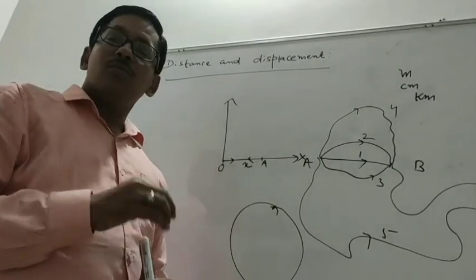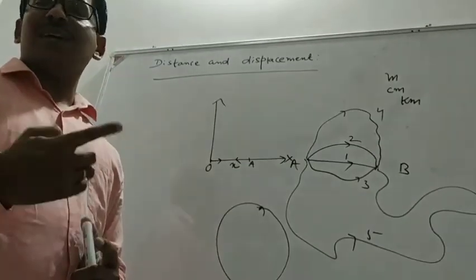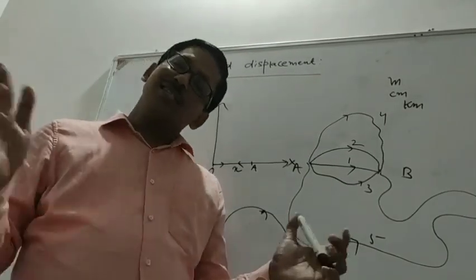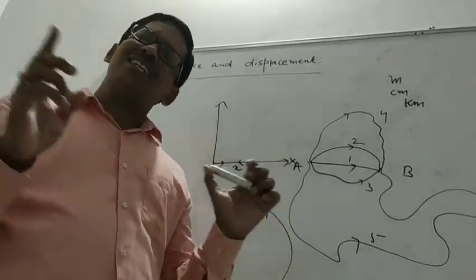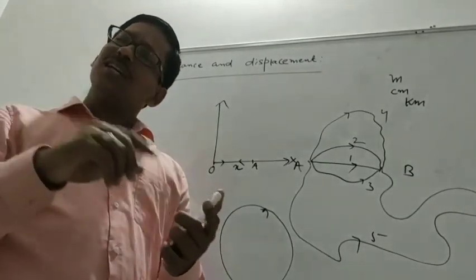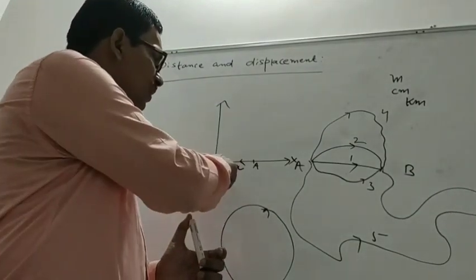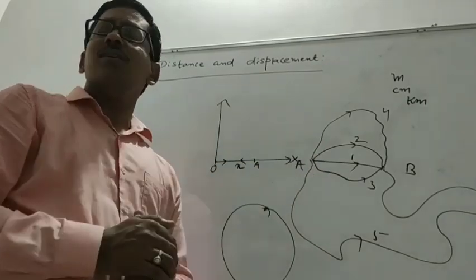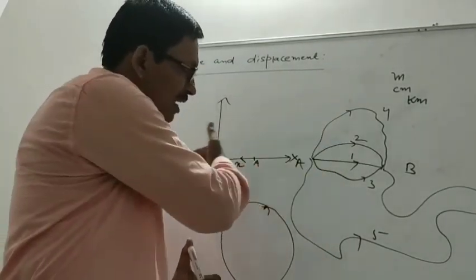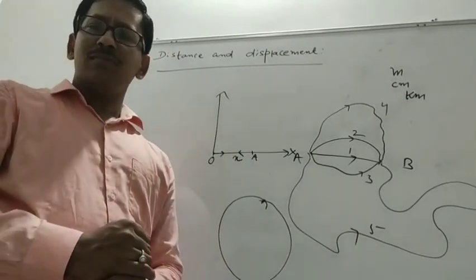Here we will concentrate only on motion in one dimension. When you are considering motion in one dimension, only two directions are there, either positive or negative. If it is moving along positive x direction, you will take positive. When it is moving towards the left, the value will be negative.